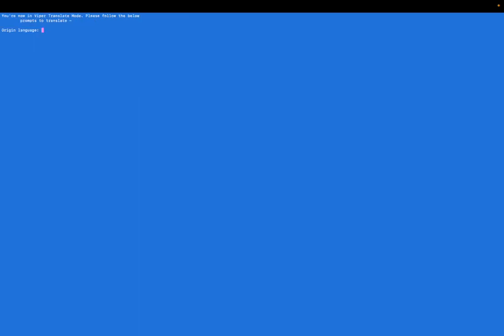So if we press 1, it takes us into translator. So let's just put in English. And if we want to go to French and we want to say, hello, my name is Sarah. And it will output, as you can see, it's highlighted green, and then the menu pops up. So like I said, you can access all the modes from any of the other modes. So if we want to go to